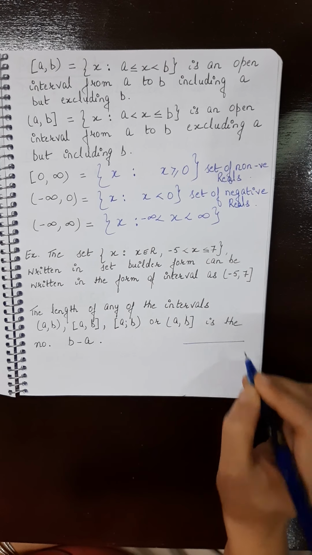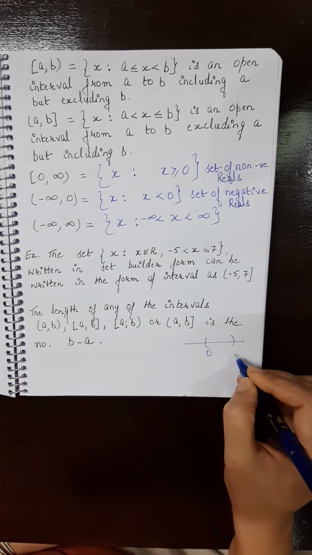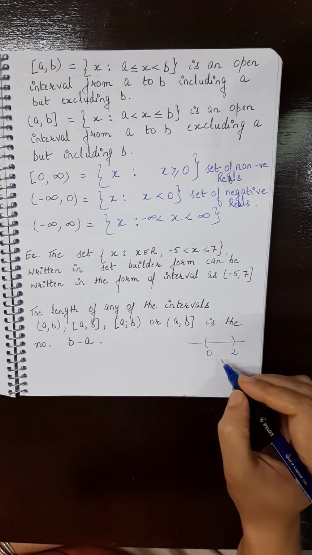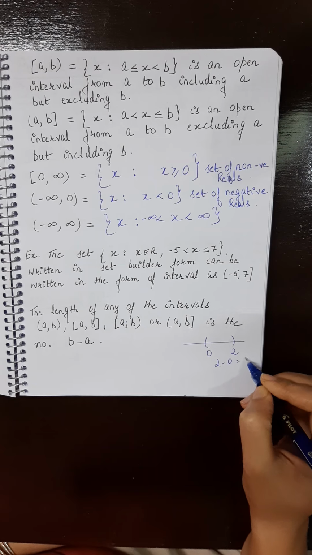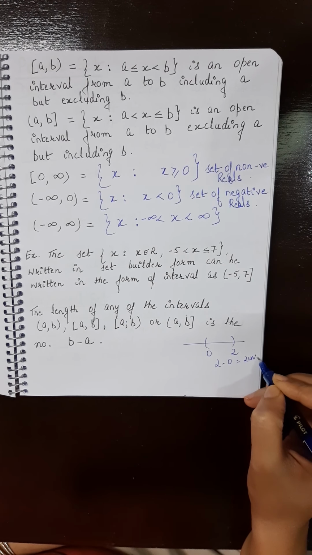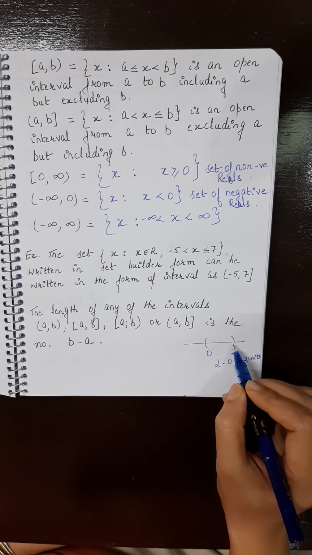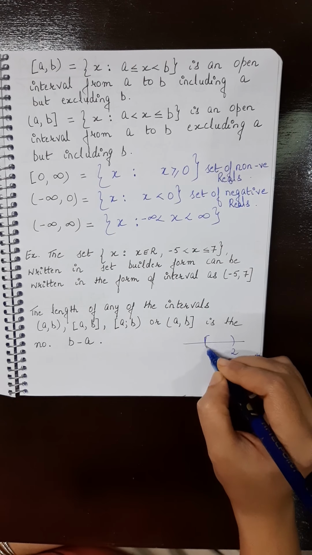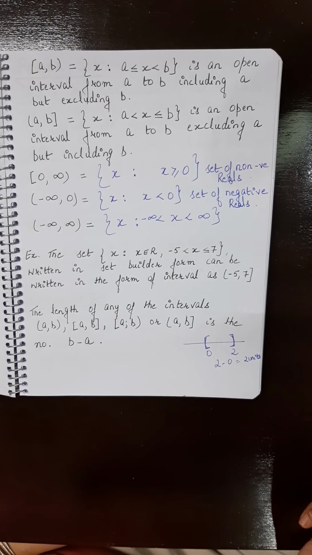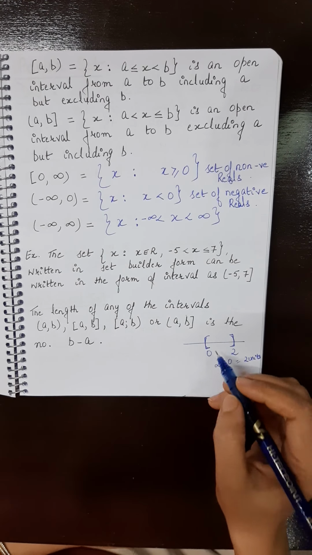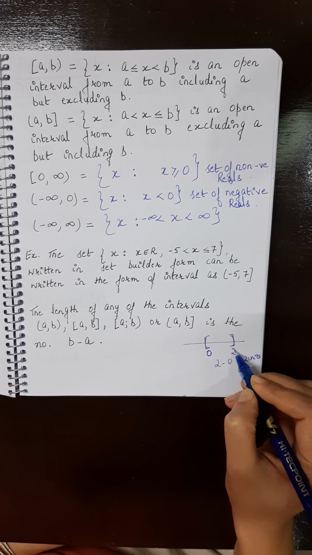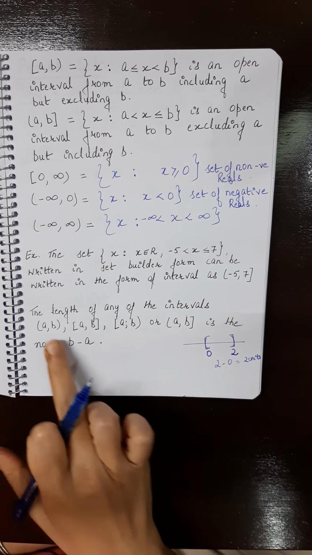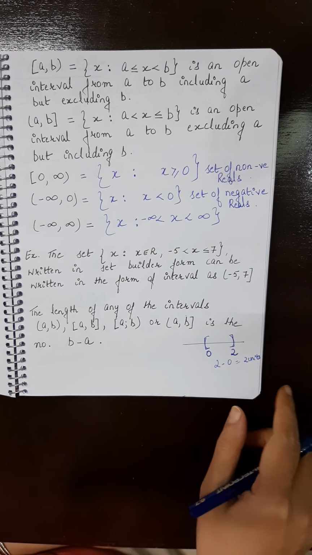For example, अगर मुझे इस interval की length निकालनी है 0 to 2, length का मतलब आप जानते हैं, तो इसकी जो length आएगी that will be 2 minus 0, that is 2 units. 2 units आप देख सकते हैं, आपने centimeter में लिया है, meter में लिया है, whatever. Okay, similarly अगर मैं इसको close भी कर दूंगी then also the length is 2 units, क्योंकि ये जो single end points होते हैं ये length के अंदर कुछ contribute नहीं करते. So length of each of the 4 intervals is equal to b minus a.